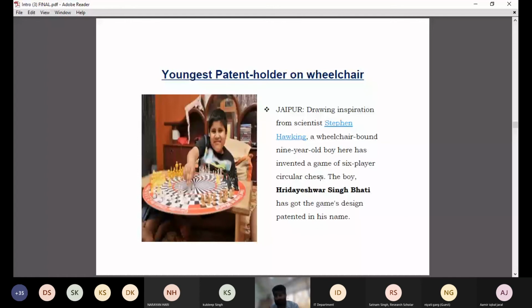So now you can imagine that for inventing or innovating something, you don't need a technological background. If he can invent, then I believe we all can invent, right? He doesn't know any technology. He doesn't belong to any technical domain, either EC or CS. He was only 9 years of age when he invented. What he had was a problem solving attitude: he saw a problem, he tried to solve it, and he was successful in solving it, and now he is the youngest patent holder of India.